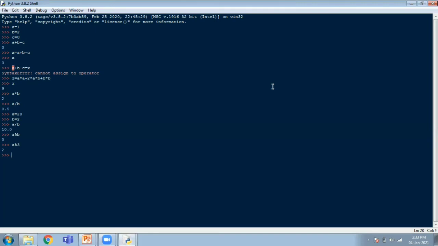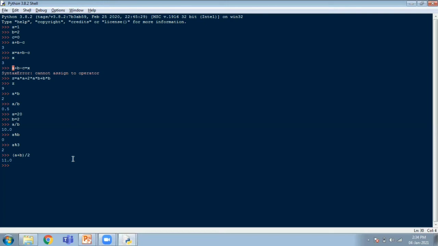So you can use a value also directly in an expression. All these are expressions. You can give an expression which will be evaluated according to the precedence rule. So A plus B, you want to evaluate it like a mathematical expression, setting priority. (A plus B) by 2. So A plus B is 20 plus 2, 22. The addition is done first because you have given it in brackets and it has higher precedence, and that is divided by 2. You would have learned this as the BODMAS rule in your mathematics, right?